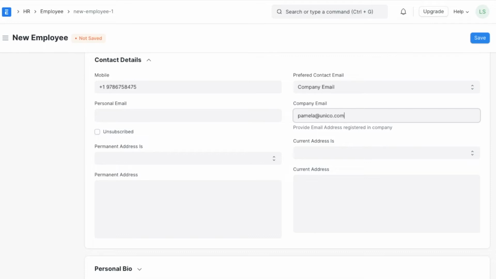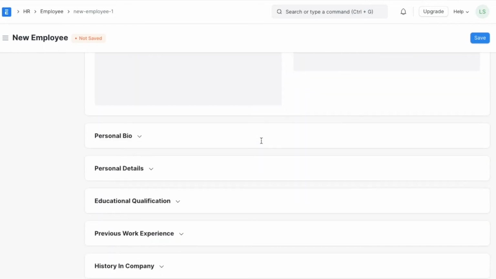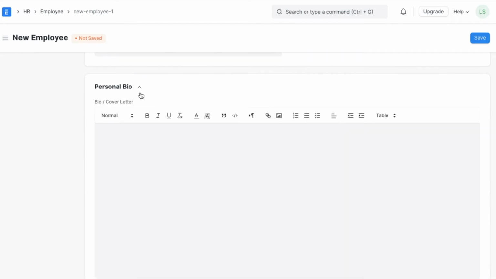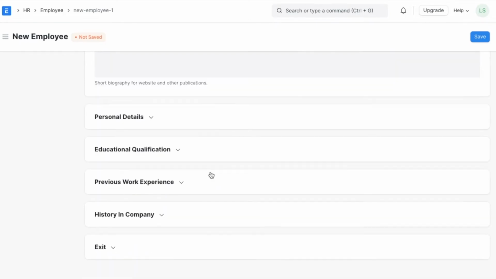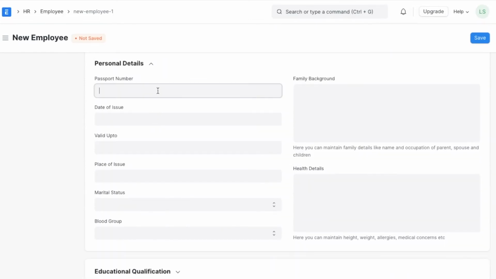To make sure the information about this employee is all inclusive, we can add their bio if we have one, which can be used for the website or on any other publications necessary. Here, in personal details, we can add this employee's passport details, family background, and health details as necessary.